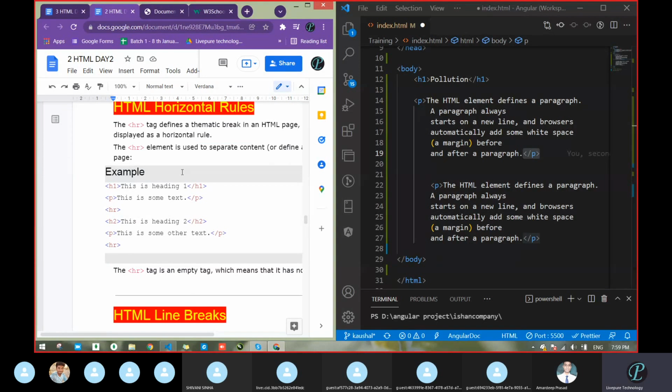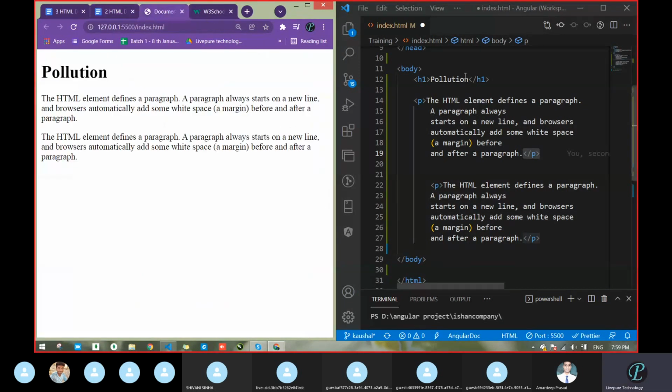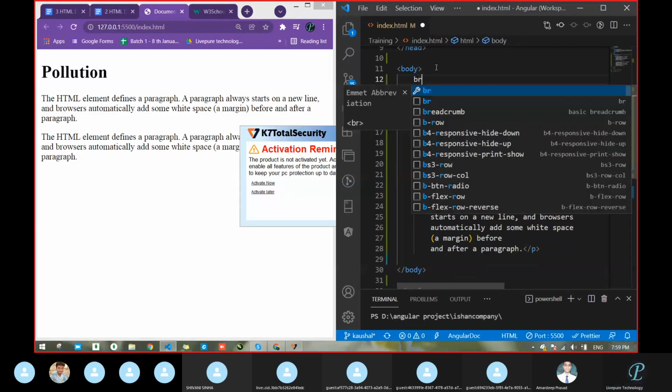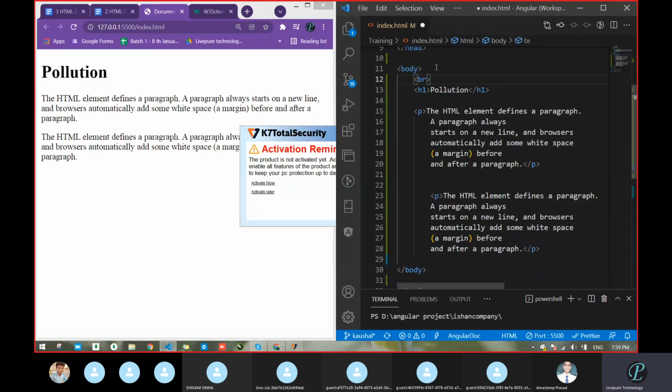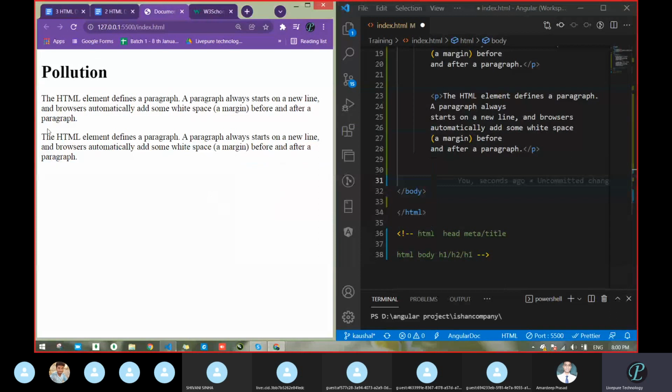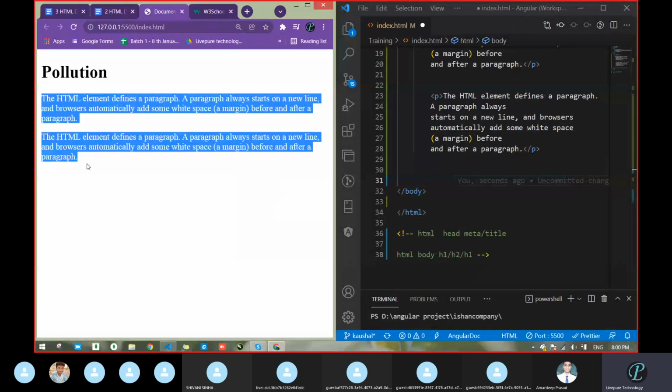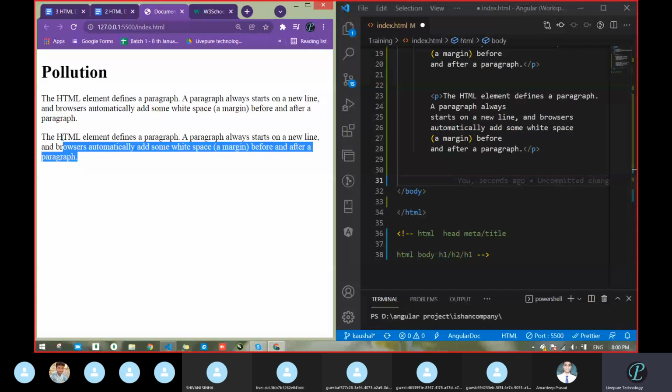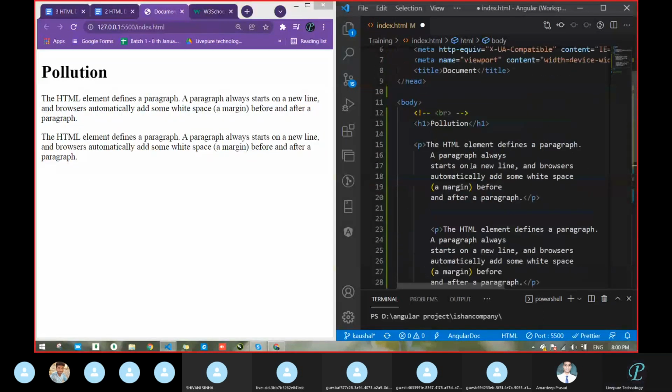Okay. Second thing. What we had discussed till now: H1 to H6 tags. Second, one more we had discussed here. That was the break tag. Next, H1 to H6. Next, the paragraph tag. What about others? Next, suppose I want to make one line for separating both paragraphs. Okay. I want to draw one line between both. How will we draw? We will take a scale and pencil, correct? We can do that.